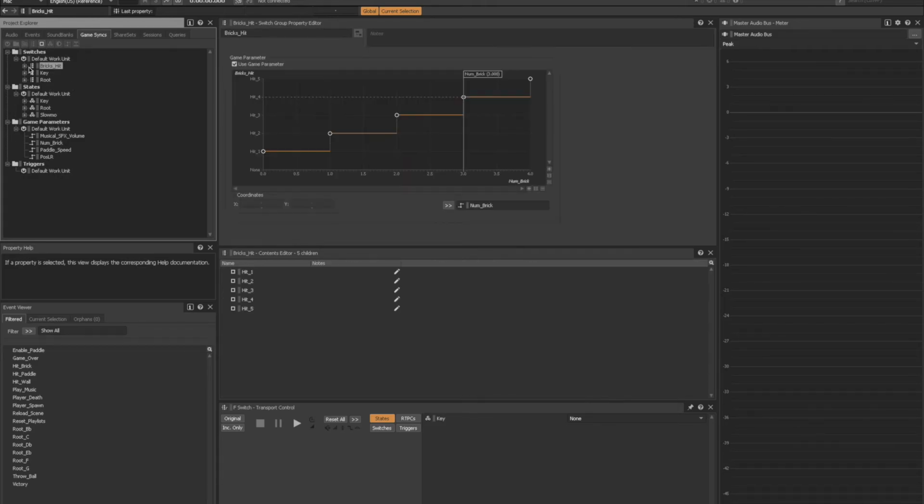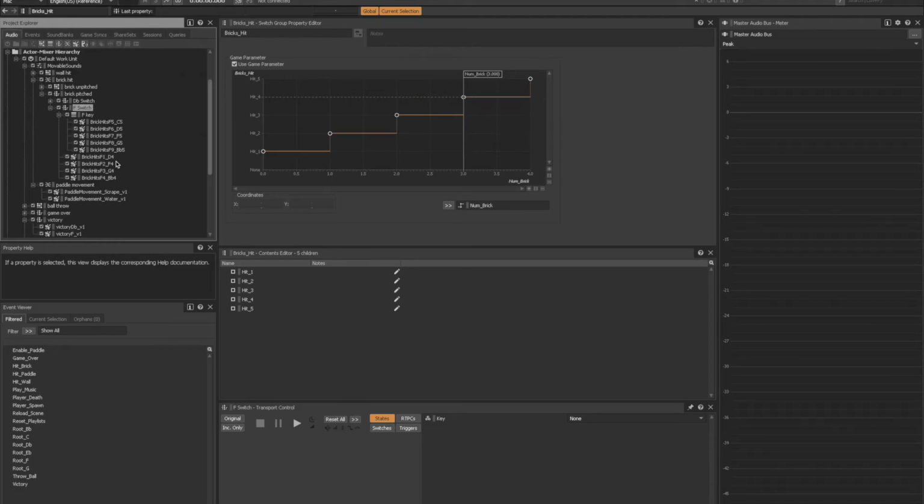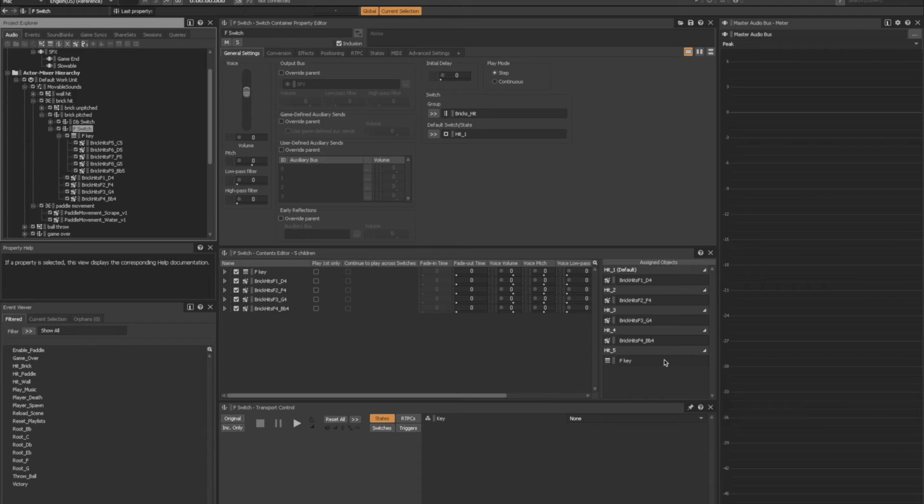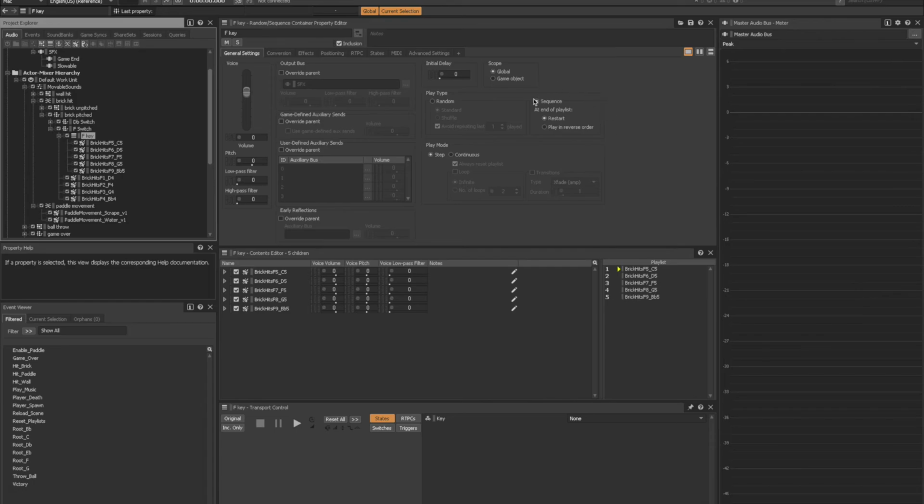This switch group, in turn, is then used to determine what will be played by the respective brick-pitched switch container for each scale. As you can see in the F switch container, these 4 sound SFX objects and the sequence container containing the last 5 notes are each assigned to a different switch value. If you're familiar with how sequence containers work within Wwise, you can probably see now why I've arranged this switch group to only have 5 switches. Rather than continuously increment the numBrick RTPC until the end of the scale, then bringing it down to repeat the last 5 notes, I can instead just set the sequence container to restart at the end of the playlist, easily